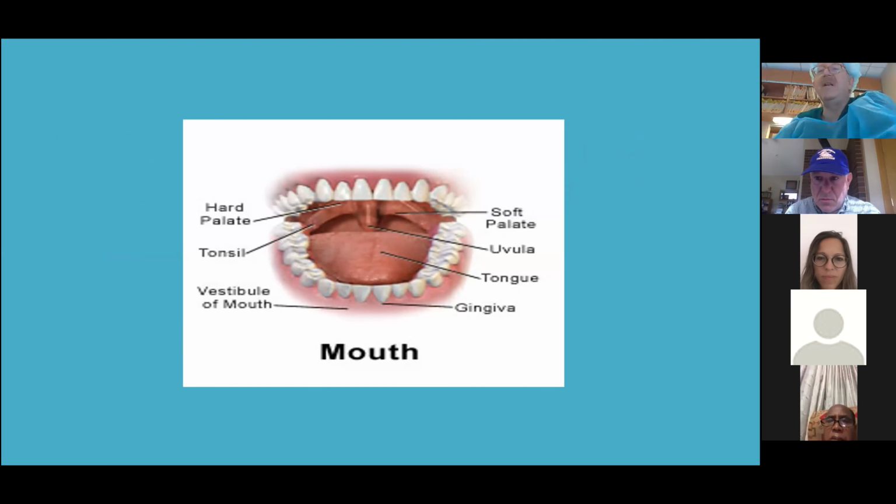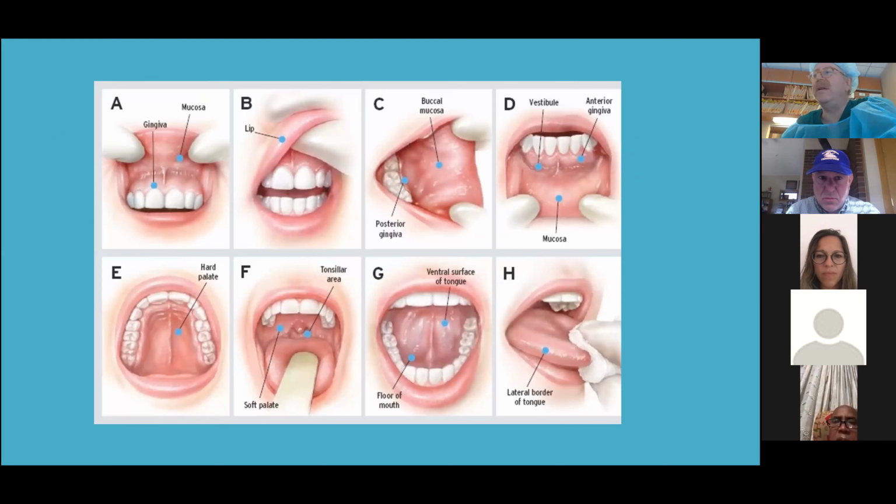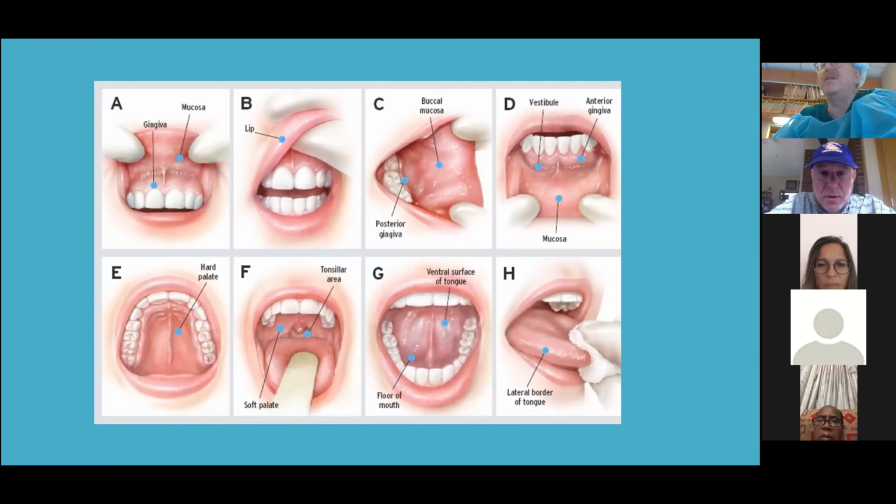The basic anatomy, I'm sure you're familiar with, but it's important when we examine patients that we look at all of the soft tissue, so gingiva, lips, palpate the lips, examine the buccal mucosa. It's good to stretch the buccal mucosa a little bit to see if there's a lesion under the soft tissue. The submucosa, vestibule, hard palate, soft palate, tongue base, floor of mouth, lateral borders of the tongue are all key